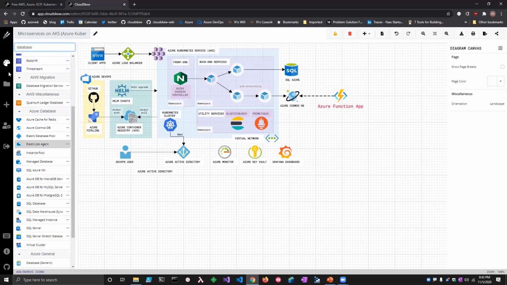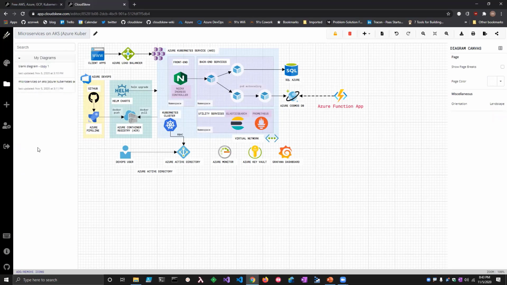So after this, this is your diagram repository. As and when you keep creating diagrams, they will keep showing up in this tab. I think the limit for the free tier is about 50 diagrams. That's a pretty large number. And of course, there will be paid plans later on.